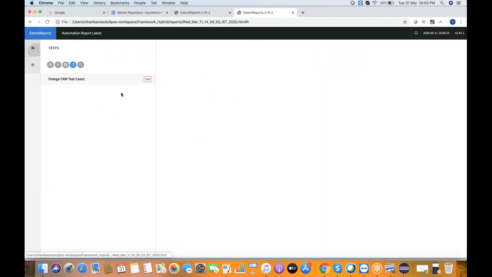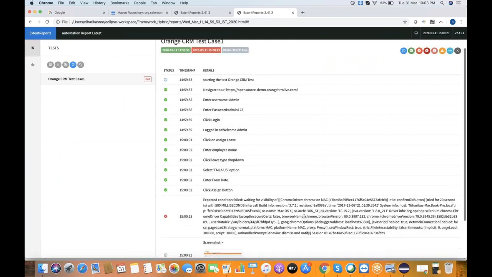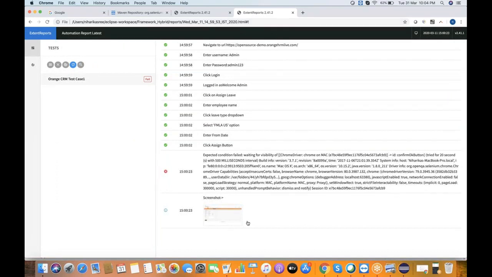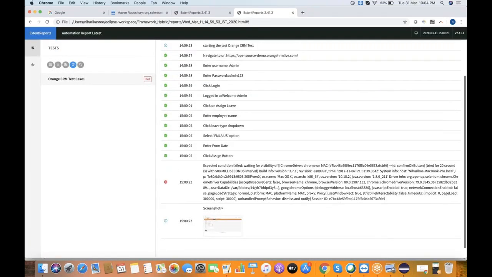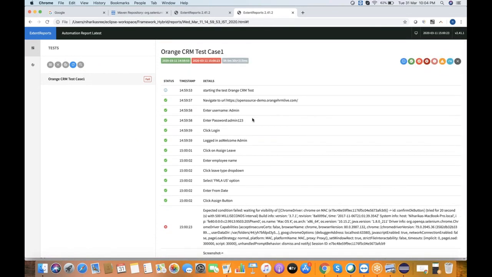Yeah, you can see that it is failed. Even the screenshot it has captured shows why it failed. So we will see how to generate screenshots and how exactly it is integrated for sure. So this is the Extent Report. But these details we will see at the framework level only.